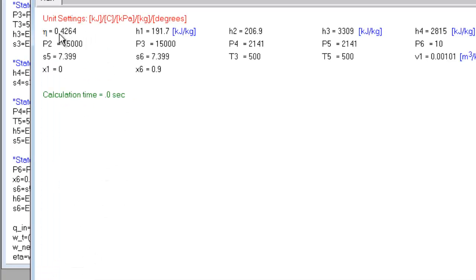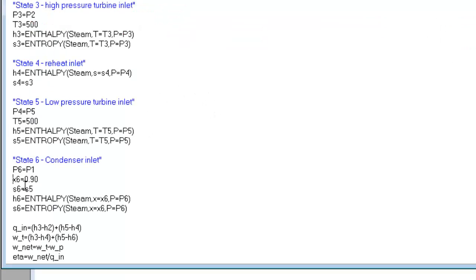So we notice this is close, 42.6 versus 41.95. Again, the difference is in the numbers that we are using. In the manual solution we are using interpolation. So now we make this a comment again,